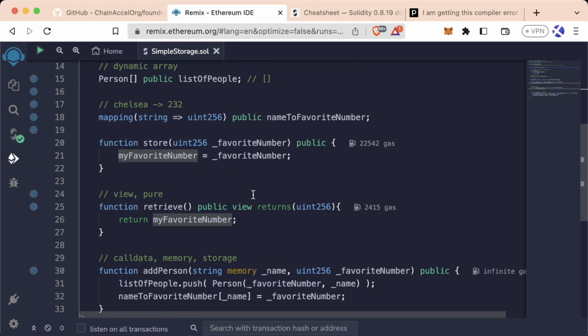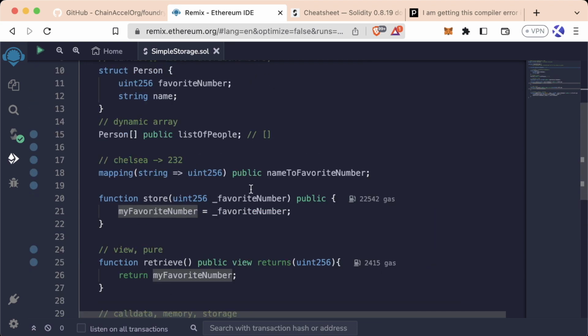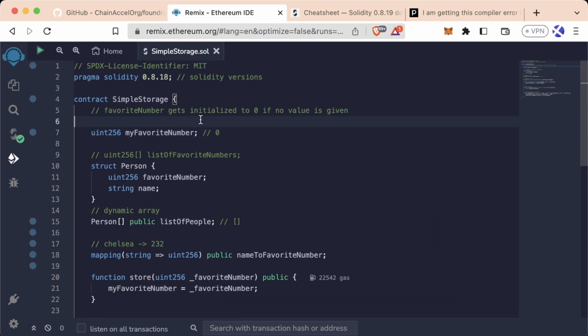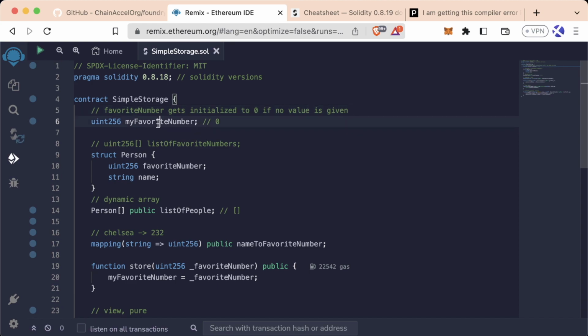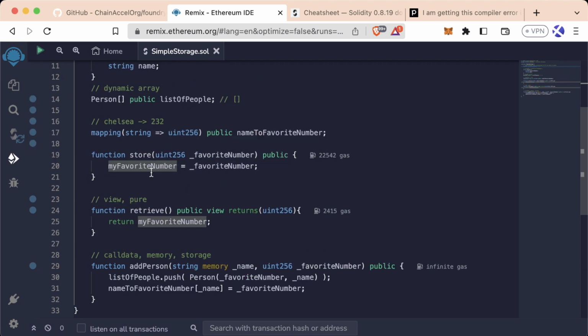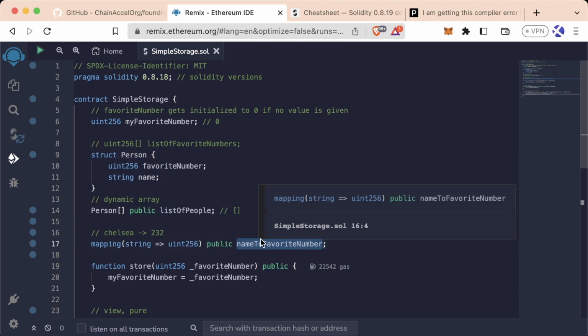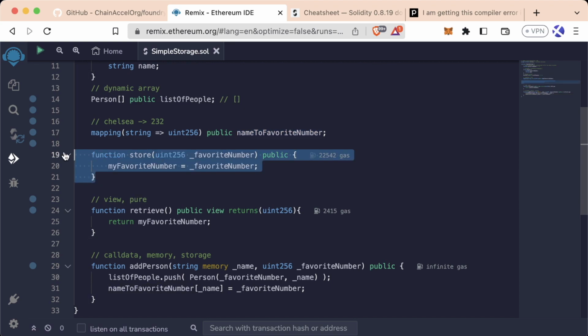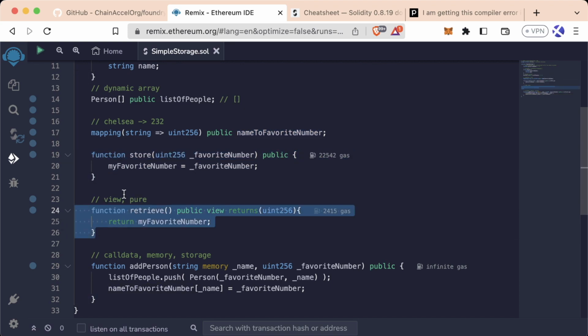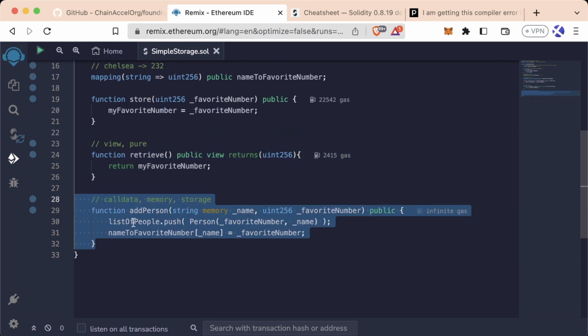So now that we've added all this functionality, we're looking pretty good. We really like the way that our contract is set up. We have our my favorite number, which is an internal variable, but we have a way to read it with retrieve. We have our new type, person. We have a public list of people array. We've got a public name to favorite number. We've got a way to update the favorite number, retrieve the favorite number, and add people to both our list